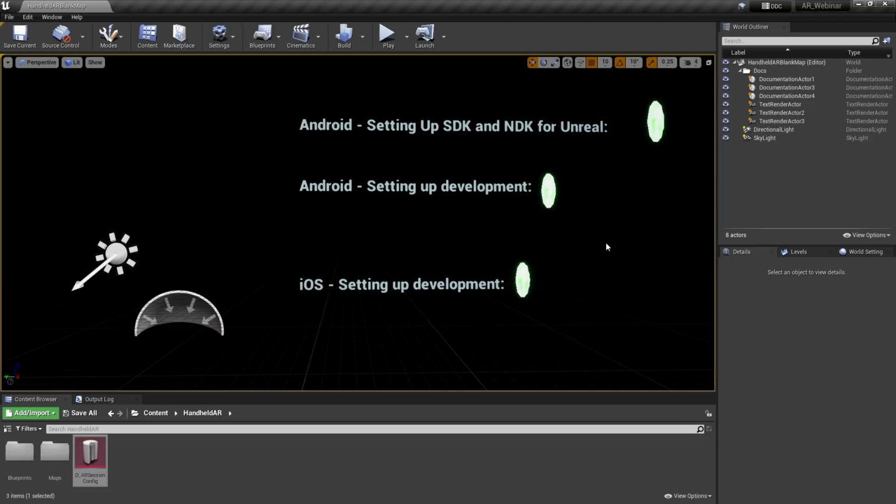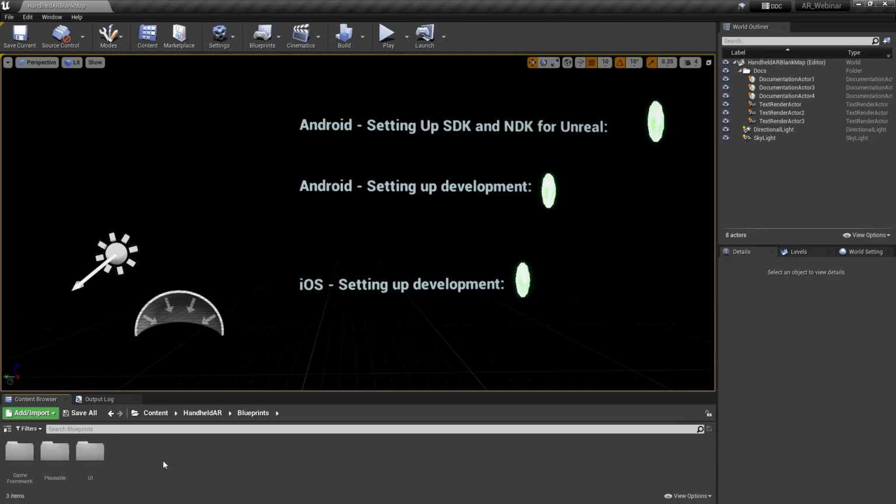Now, all of the logic for this project is actually built using Blueprint, which is great because that means it's highly extendable and you can use it as a learning tool. You can rip it apart and see what's going on. And we're going to be doing a bit of that more in depth later on in the presentation. But I do want to just pull up a few things and walk you through a couple areas that might be interesting to look at.